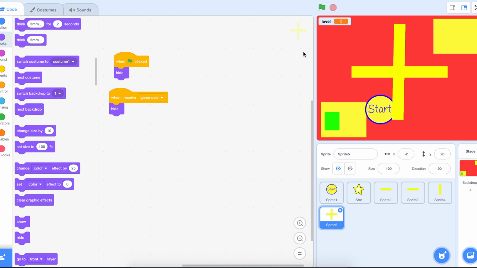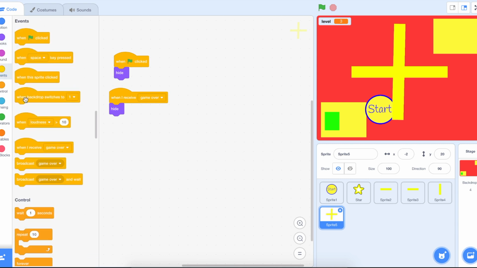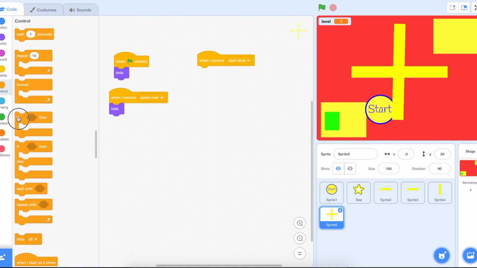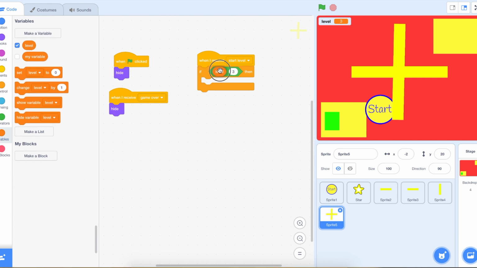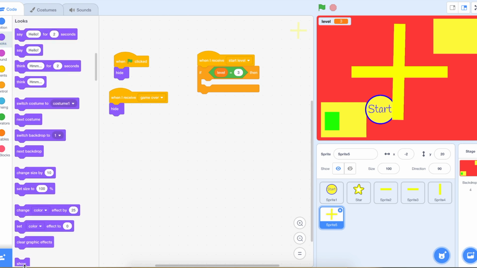Alright, but to get this spinning I need to say when I receive start level, okay, then I'm going to have if we're on the right level, and I need an operator so that if my level is equal to level 3, so the variable level, if I'm on level 3, then show. And then we need this rotation, so we need a forever